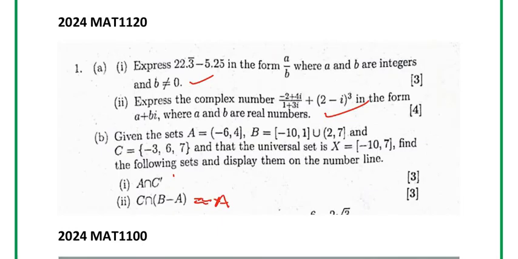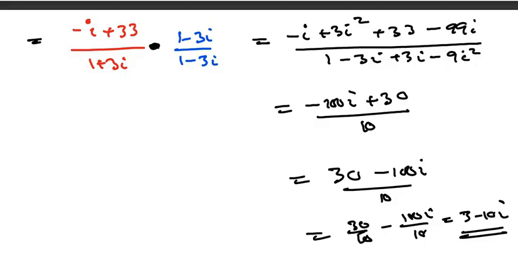C, okay. So the first one is a normal interval, and the second one here is also a normal interval, but C is a discrete set. Whenever you see these curly brackets that are here, always remember that this is a discrete set. And how we show a discrete set is just by putting dots on those numbers that have been given. Yeah, so to show A intersection C complement, we're simply going to have